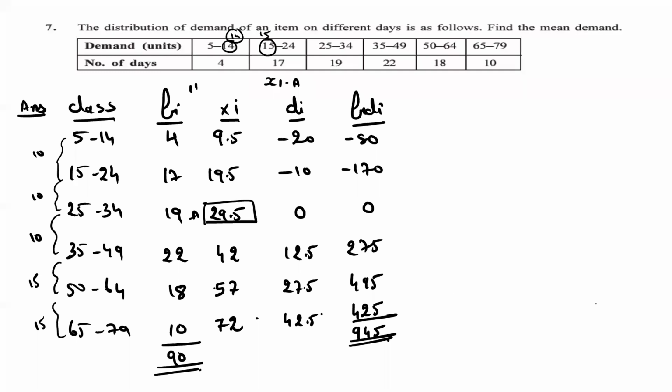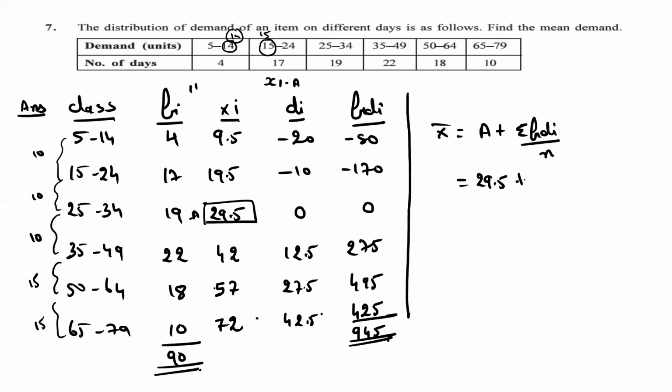Chalo. So now we are coming towards the final formula. Yes, roll number 63, what is the formula? X bar is equal to A plus sigma FIDI upon N. Now here into C will come or not? No, very good, because we have not taken the division here. If we make the division, then we have to do the multiplication. So no problem.